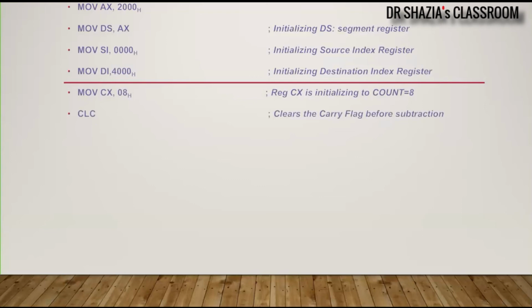The next instruction used here is CLC. As we have seen in my previous video, there also, while performing addition, I have used this instruction. Clear carry will clear the content of the carry flag, or it will initially make your carry flag value 0. So whenever you are going for add with carry or subtract with borrow, the first thing we need to do is make the carry flag 0 because it is going to use the content of the carry flag for addition or subtraction.